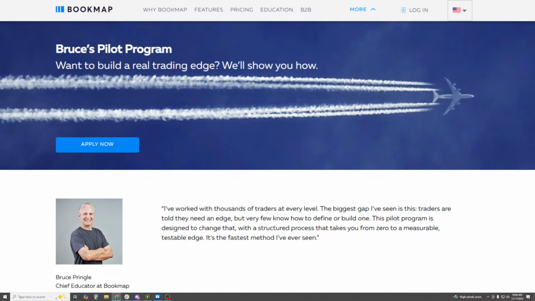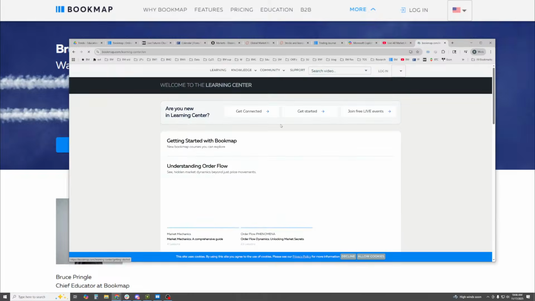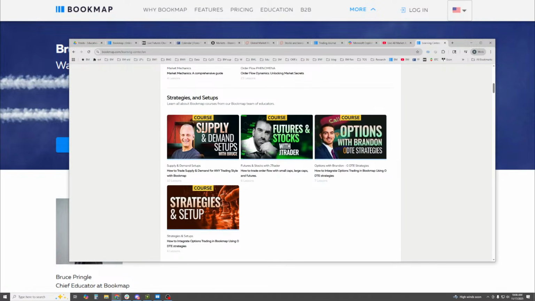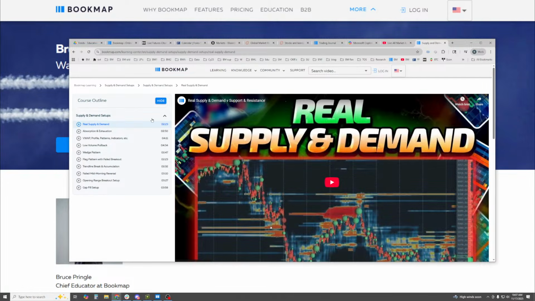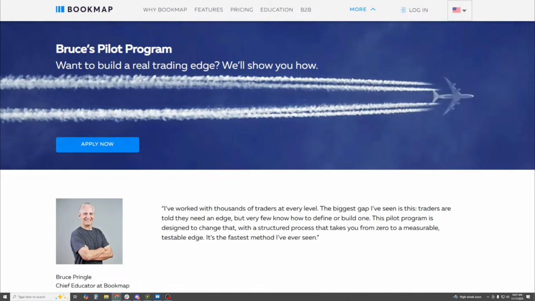Actually, let me show you something. If you go to bookmap.com and you go to education here, and you scroll down, we're using one of the setups in this supply and demand mini course here. And it is this one here, trendline break and accumulation. It's a reversal pattern, but we're going to understand passive accumulation at a key level, and then a structural break. It could be a trend line, it could be a horizontal line, and then we're looking for aggressive accumulation to drive the market. So the setup is already predetermined, but we're going to go through it and build out an